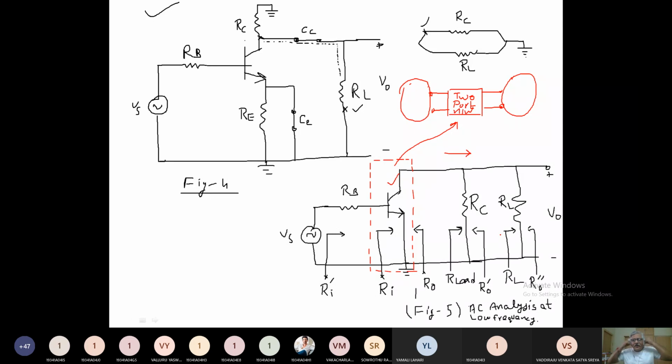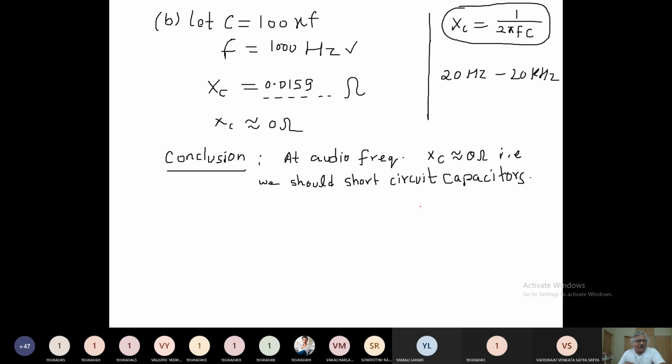So how this figure 5 has come in, when we are doing the AC analysis at low frequency. From next class we will start with the H parameter. I think by these 2-3 lectures, this is the background which is required. So now you understand why different types of figures come when we are talking about DC analysis or when we are talking about AC analysis. Any question, any doubt you can ask.